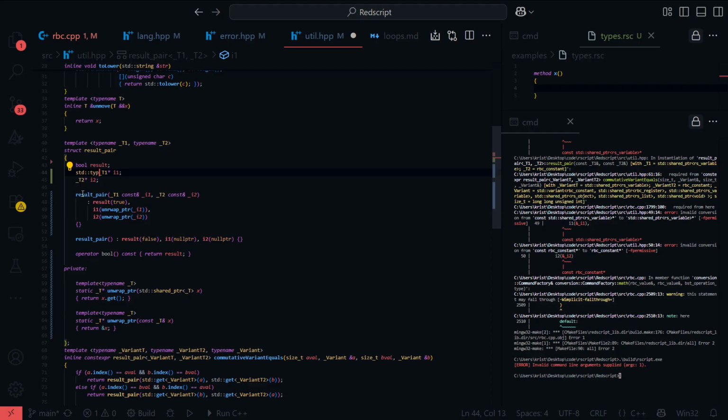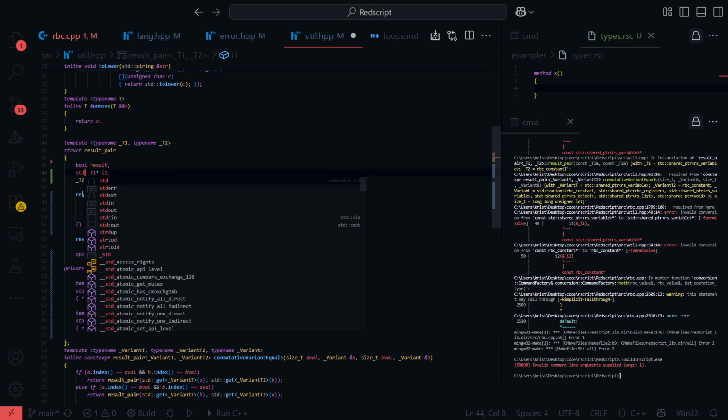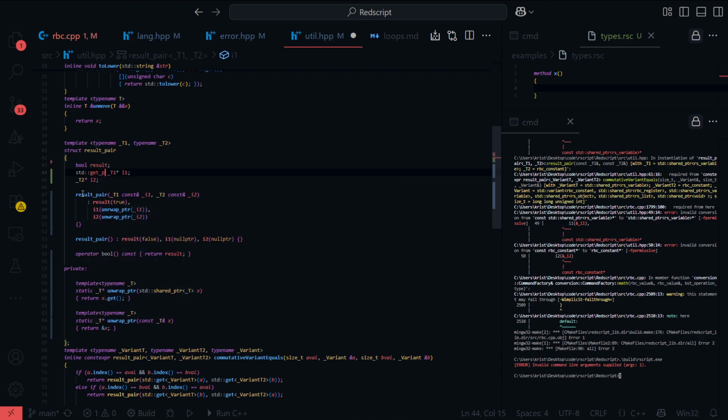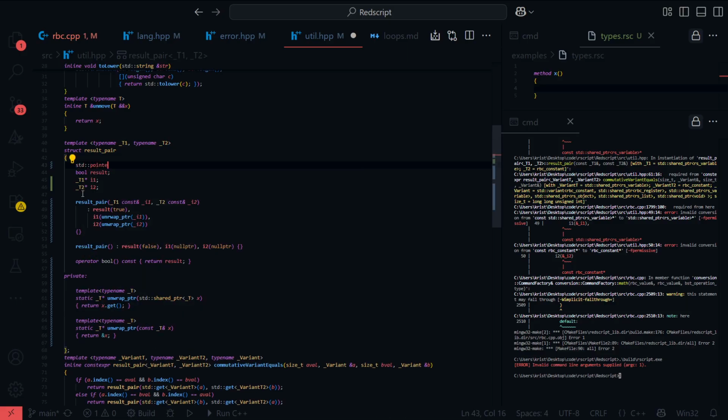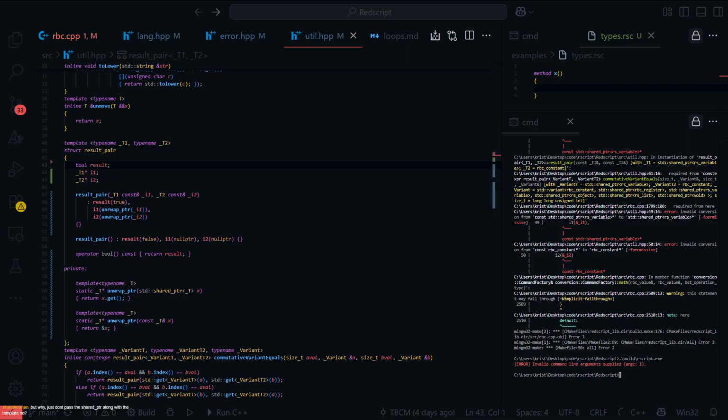Do you know how to do that? Type remove or something? I need to remove the shared pointer. So it's get pointer, I think it's called. Just don't pass the shared pointer along with the template.